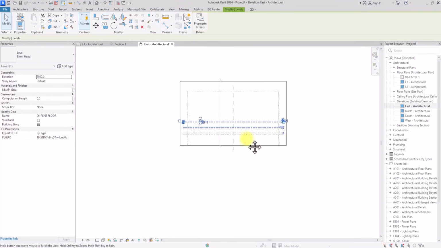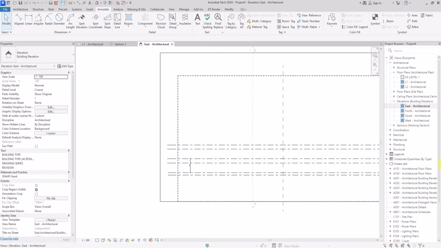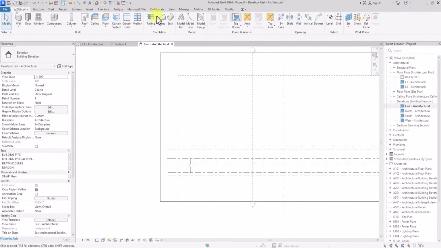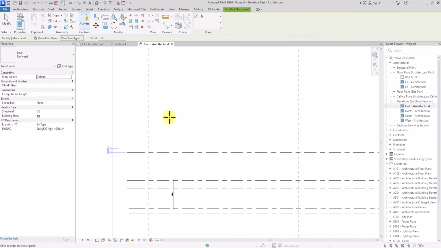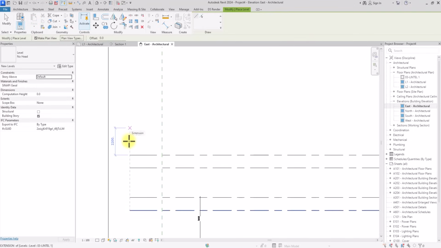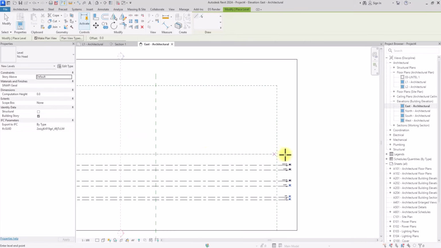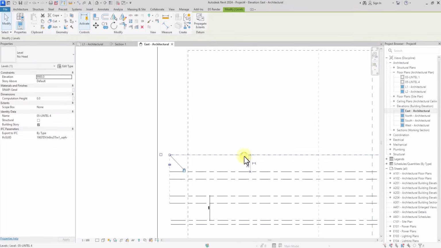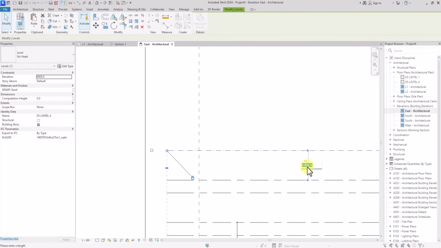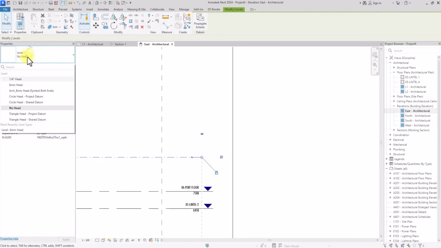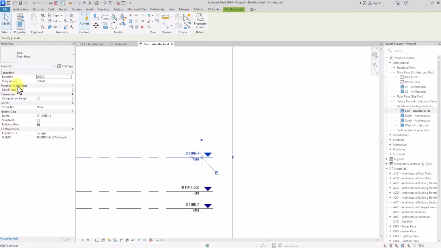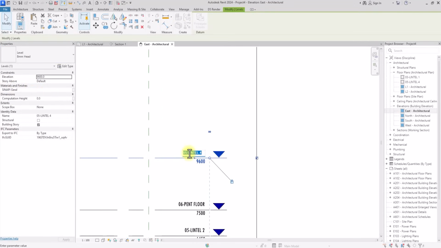Okay, so now I'm going to go to architecture, and go to level. So I'm going to create another level and I'm going to make this 2.4 again, or rather, since this is a 10th floor, I'm going to make it 2.1. I'm going to change this height to 2.1. All right, so now we're going to click on this level and change it to this one so it will align. So now I'm going to name this one 07